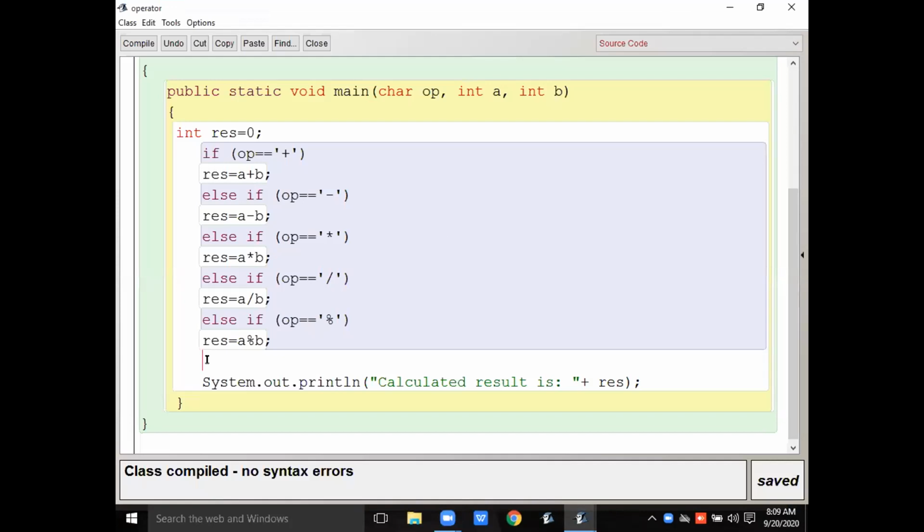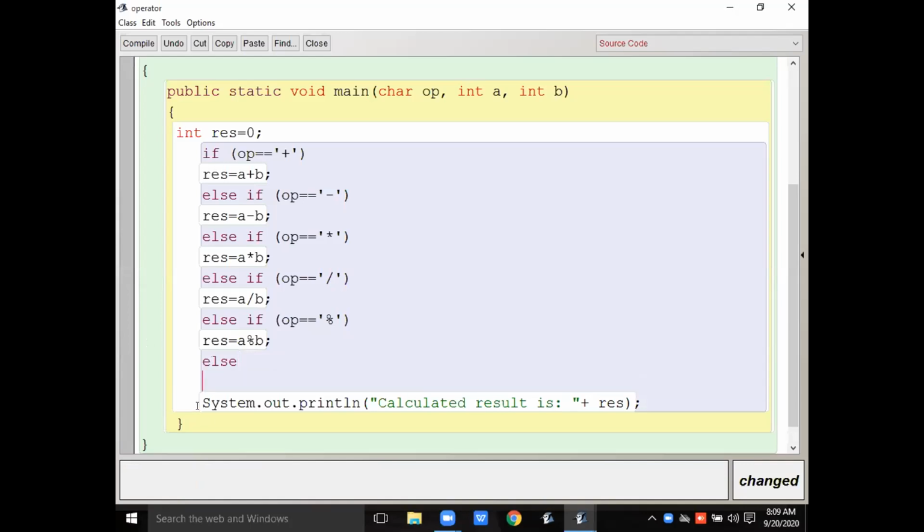And if you are writing the else, then you can also write it over here. In the else you can write invalid operator, meaning you can give a proper message there. Like that you can write invalid operator.